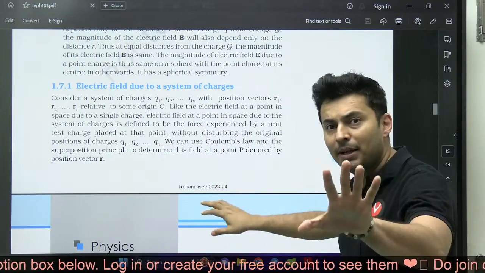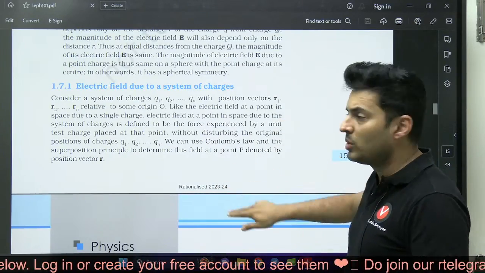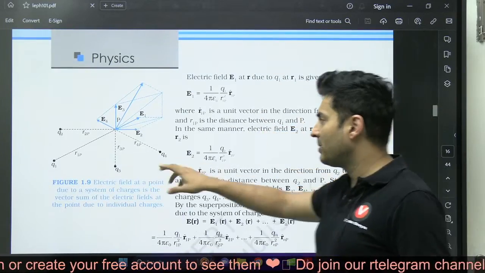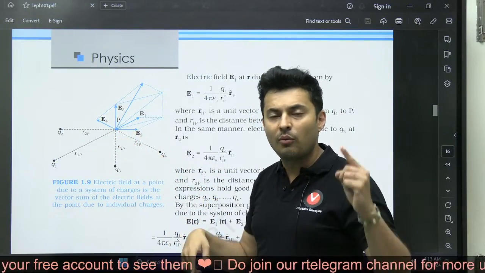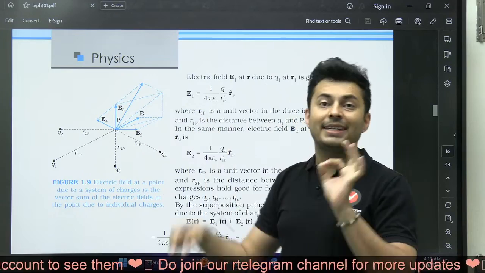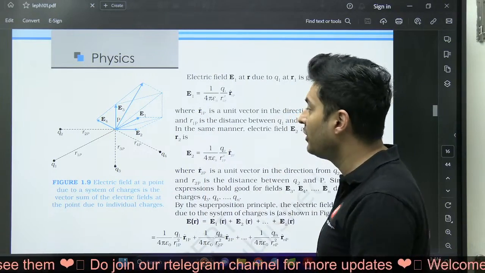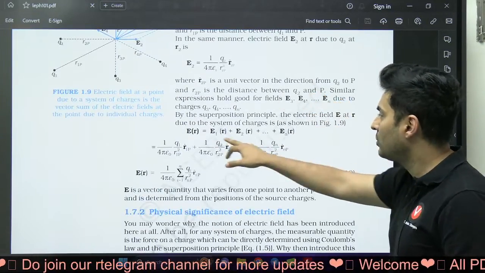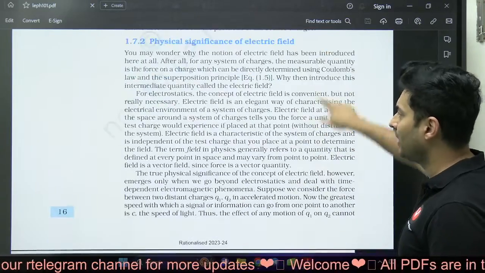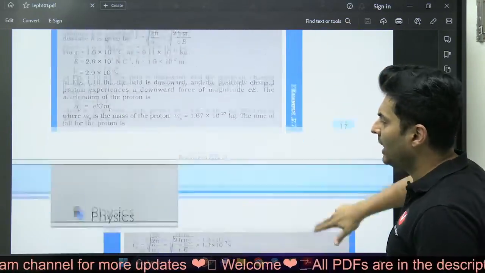Whenever you have multiple charges and you want to find the field due to them, you use the superposition principle. You find the field due to each one of the charges and then find the vector resultant. Remember, field is a vector quantity, so you can see it is in bold. That means it is a vector quantity. Great. Moving ahead